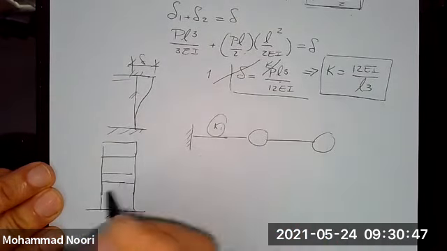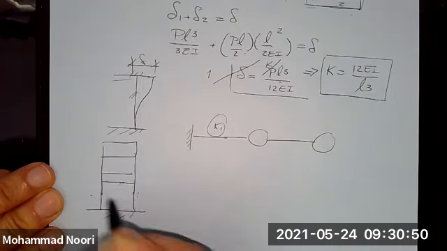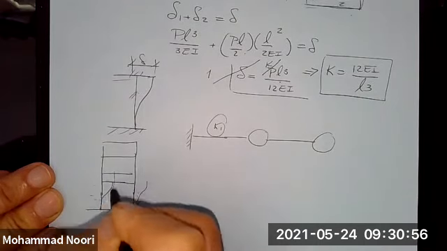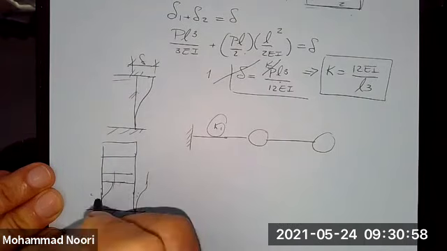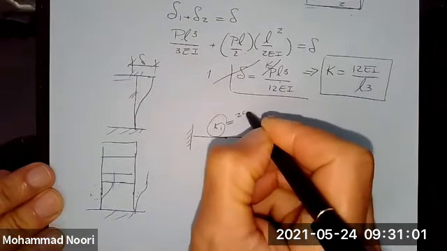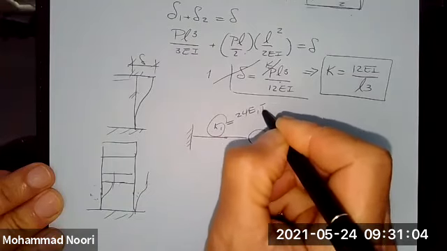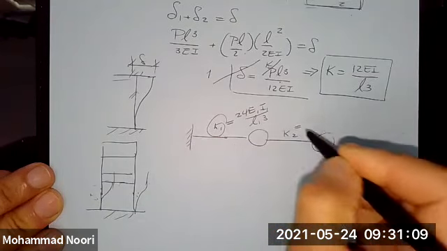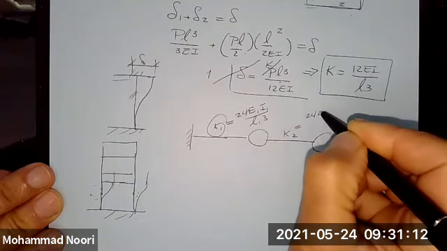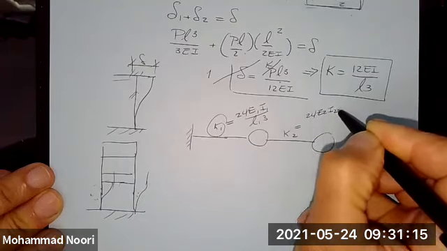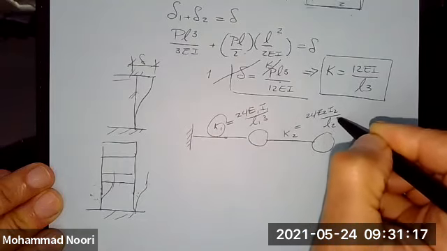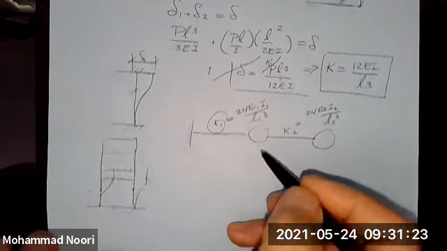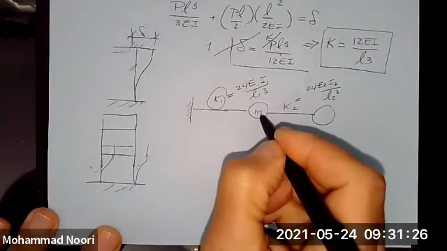So K1 is the sum of these two because these two are moving the same, or in other words, you have springs in parallel. So K1 would be 24 E1 I1 over L1 cubed, and this K2 would be 24 E2 I2 over L2 cubed. Okay, so the equation of motion, we can set it up because if this is M1, this is M2, this is M1,